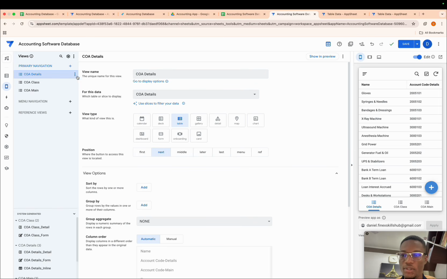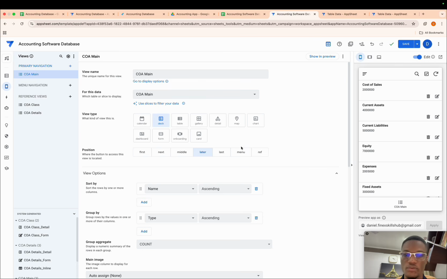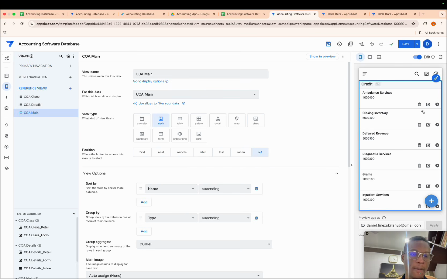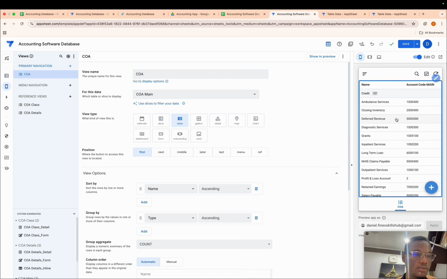So these three, I'm going to move them to ref for now. Move this to reference, move the guy to reference, move this to reference as well. Good. All right. And then let's use the main as our chart of accounts. So I'm going to call this main or this COA chart of accounts, make this a table where you